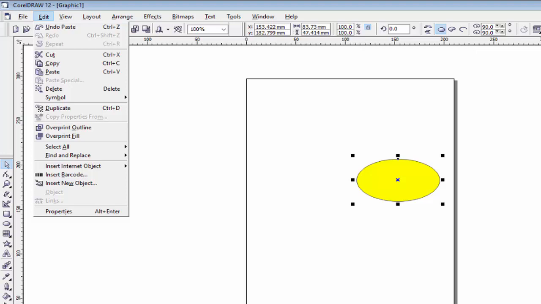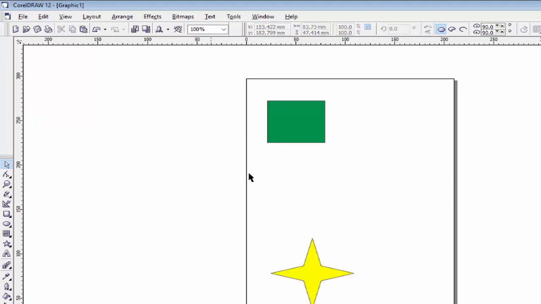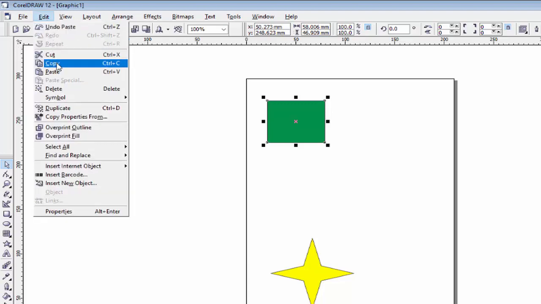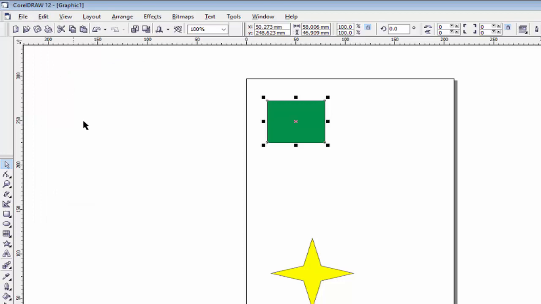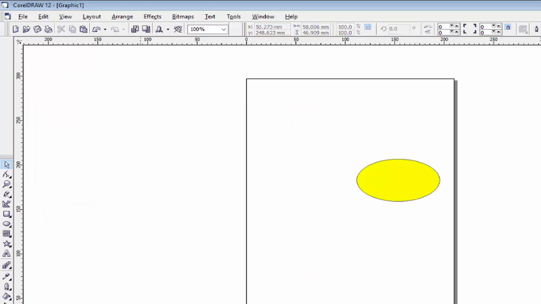Now we will use the copy option. Select this rectangle, go in edit and click on copy. This option will copy the selected object, and you can paste it where you want, on the second page or on the third page.